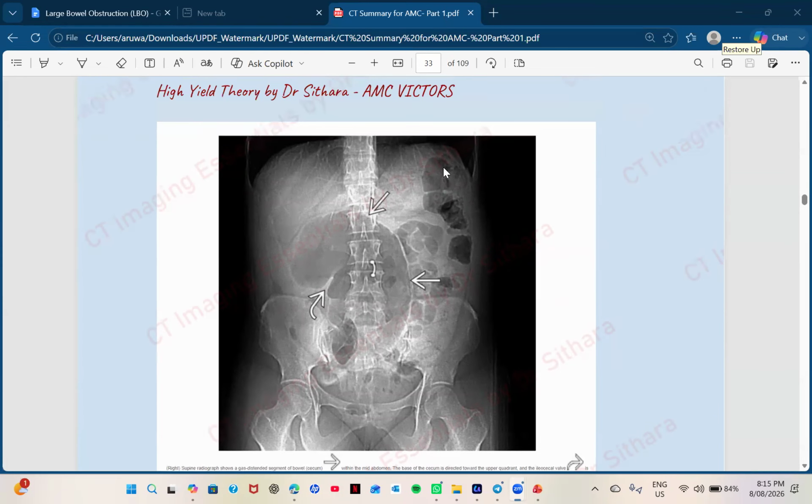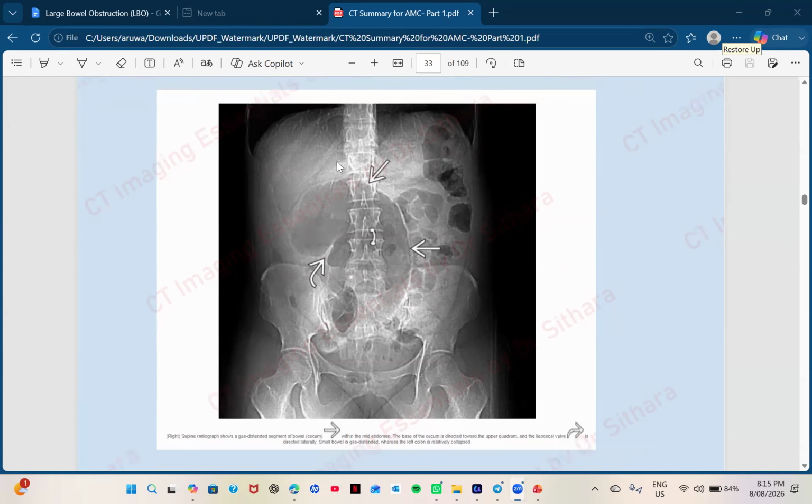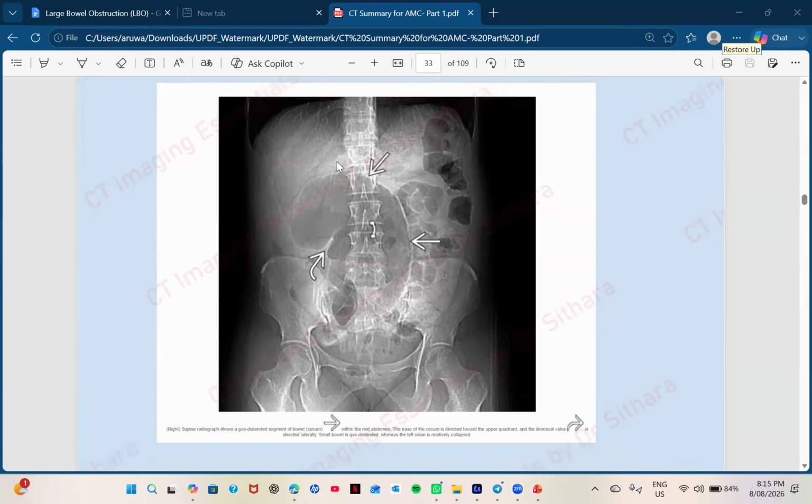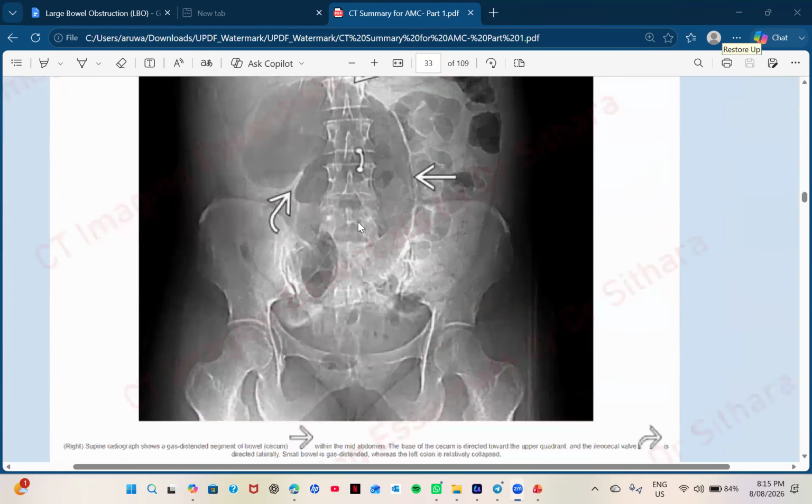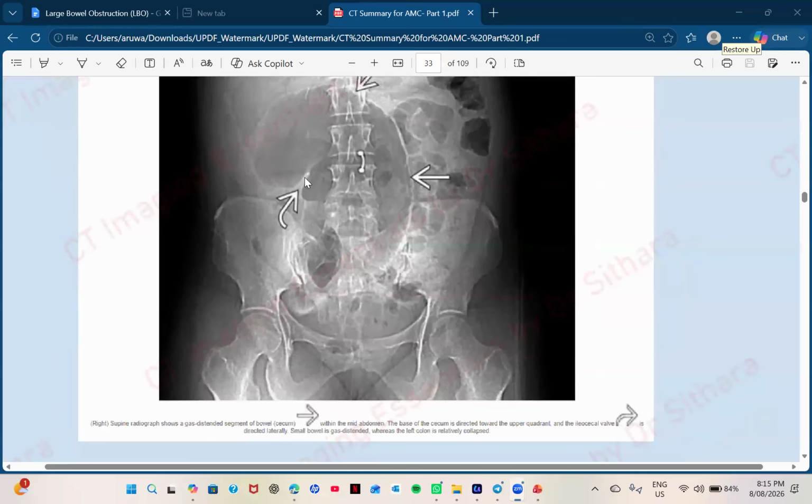You can see which sign? Embryo sign, right? Some doctors remember it as a comma sign, right? Here, what can you see, doctors,